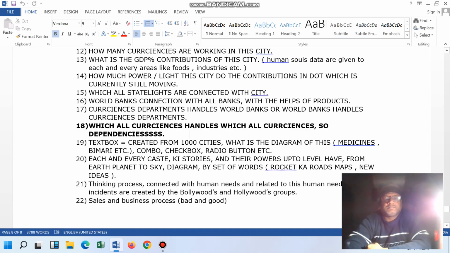Currencies means you can say the normal currency basically. In this, we are discussing the dependency of the currencies. So these all are dependencies which we are discussing. In this, we reached up to the topic that is